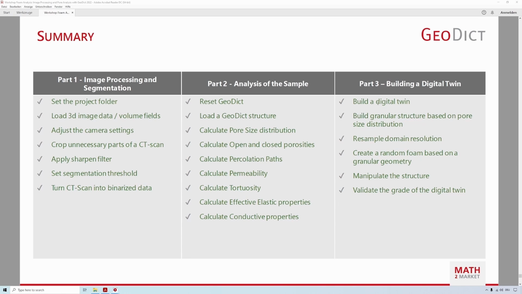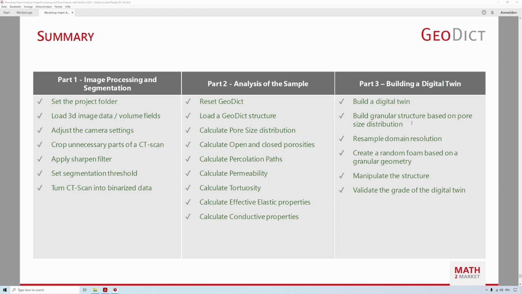And in the last part, we built a digital twin by first generating a granular structure with GrainGeo, which represents the pore space, where we used the previously gained pore size distribution results.